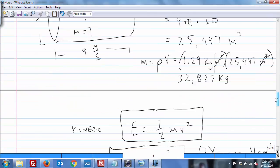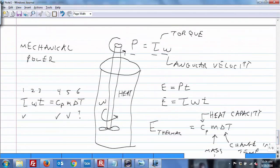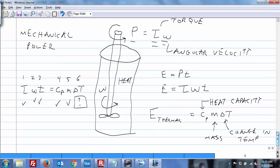We did Joule's little experiment where the harder you push with torque, the faster it goes, angular velocity, and the longer you spin, you can then change the temperature. Change it high enough, it starts boiling. Is torque strictly a mechanical property? Torque is strictly a mechanical property. And spinning? Yeah, if you get down to the quantum level, I guess the angular velocity is more of the spinning factor, right? Angular velocity is just how fast it's spinning, exactly. Torque is how hard you're pushing. Okay. And it could be in any direction, like linear or...